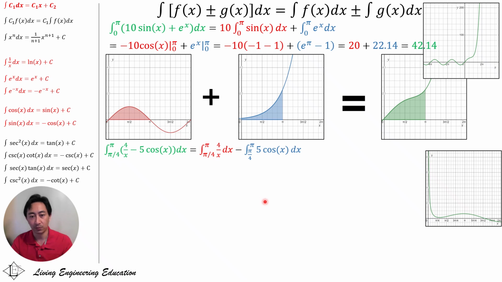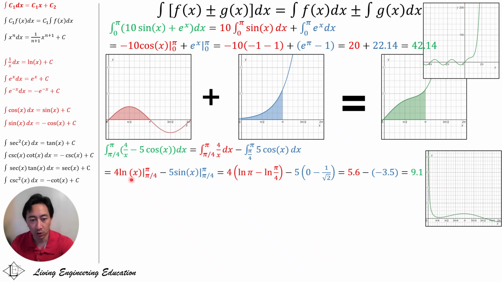So 4 over x, this is just basically 4 times 1 over x, right? 1 over x, I'm forcing in here so that I can see the natural log function show up. So this is going to be 4 natural log x. 5 cosine x, this is 5 times the integral of cosine x, right? So cosine x, over here we get sine x, right? So we integrate, we have 4 natural log x minus 5 sine x with my pi over 4 to pi